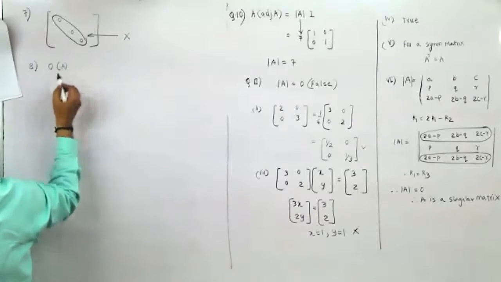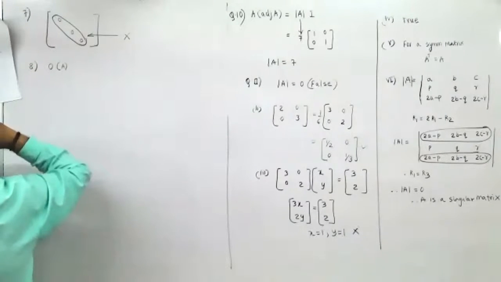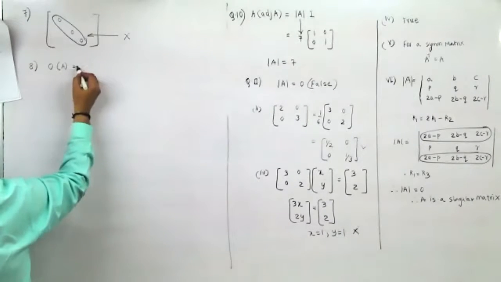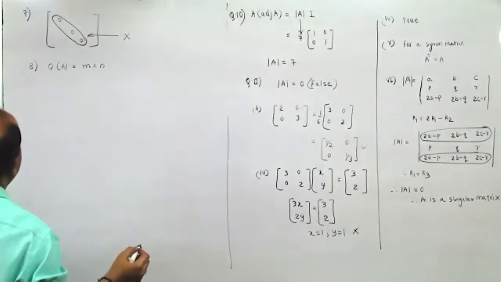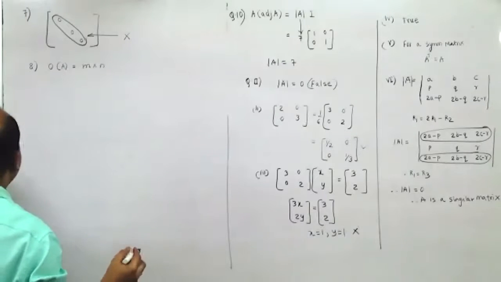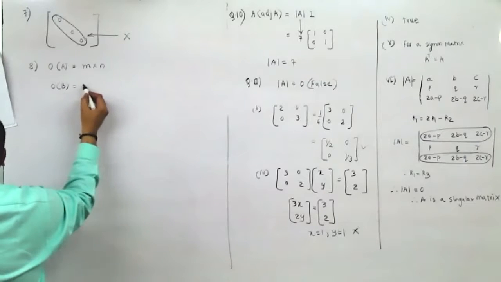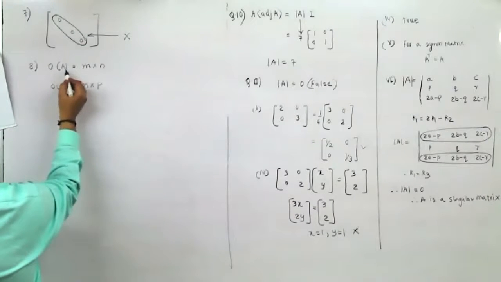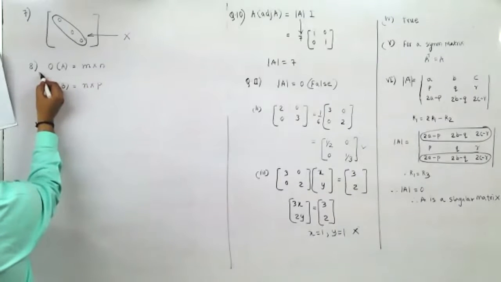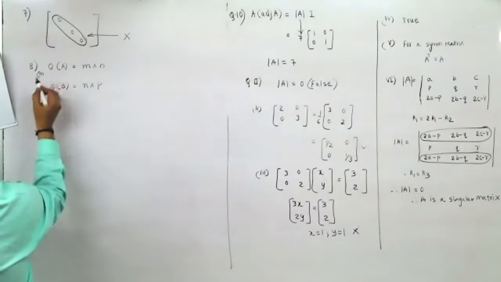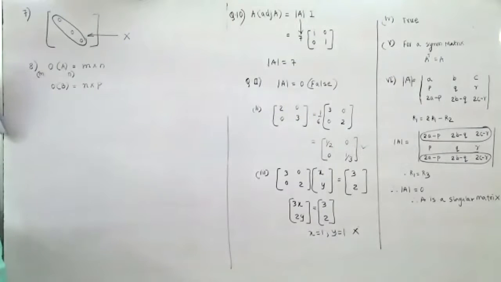O matrix of, what is this O matrix of? A. Sir, 0, 0 wala matrix. No, if it is 0, 0, then O of A is what? Sir, O into A. Okay, O into A. And this is O matrix into B matrix equal to N by P. So I can say for this order to be possible, the first matrix should have the row number as M, and this matrix should have the column number as N.